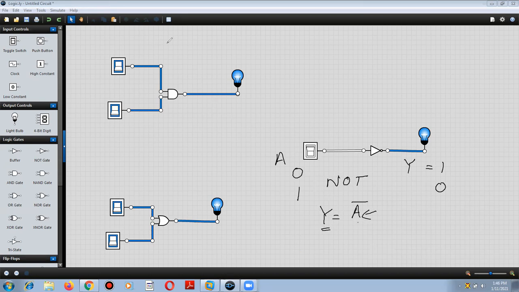Now let me see. I'm going to give here A is 0, therefore the bulb is on. So we can say the output is high, and the bulb is on. Now let me change the input for NOT gate. Let me clear the drawing.